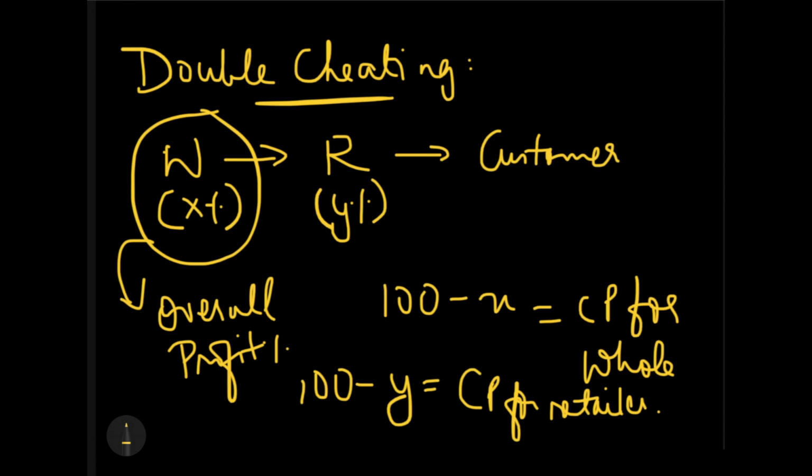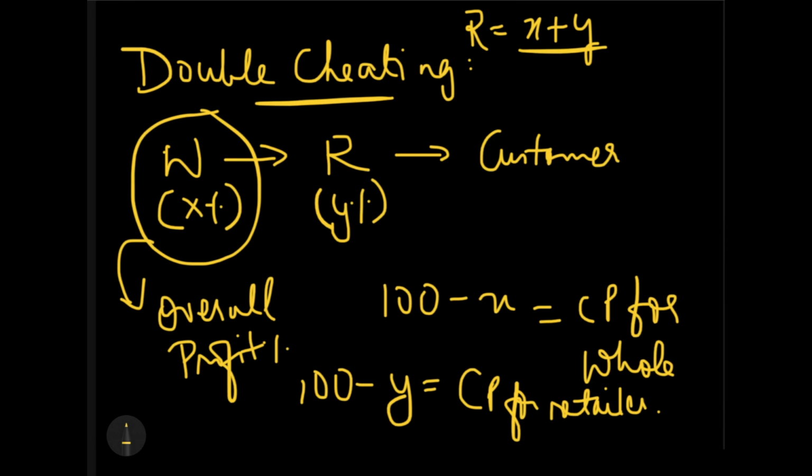Now what we need to find out is the overall profit. So the overall profit will now depend, clearly, upon what? Depend upon the profit. And what is the profit? The profit for the wholesaler would go as x plus y because he's having some profit on x. Okay, I'm just so sorry. This would be the profit for the retailer. So the overall profit for the retailer will be the x and the y which is being obtained over here.